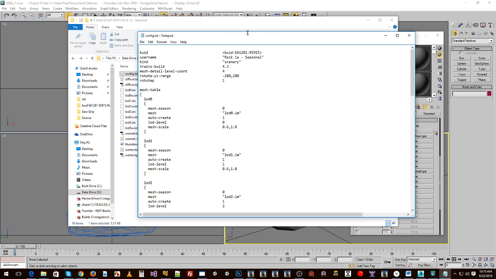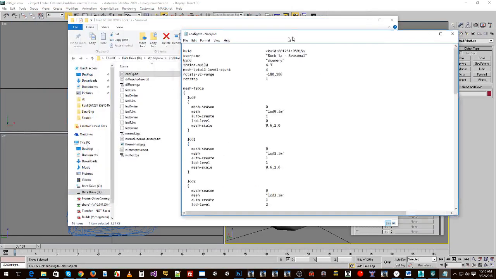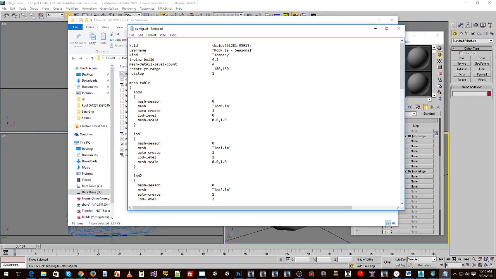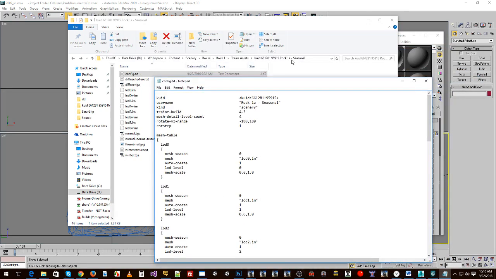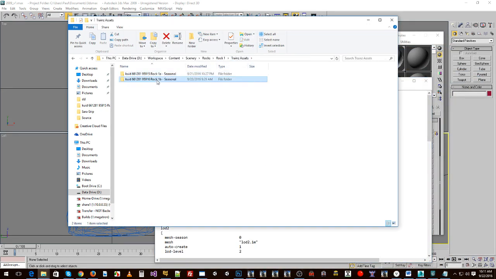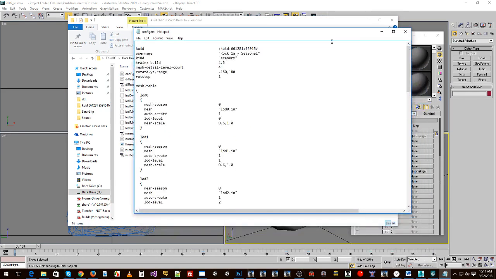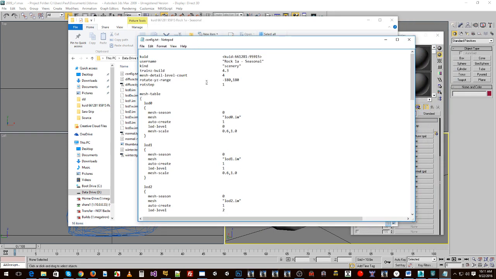Excuse me. Now, let's have a read. Hopefully you can read this. In this particular example, and this is called Rock 1A, there is an example I'm going to show you next called Rock 1B. In Rock 1A, we're going to make the LOD in the config file. We're going to put the LOD in the config file. The tags that we need will go directly in the config file. And I'll explain what we're going to do with